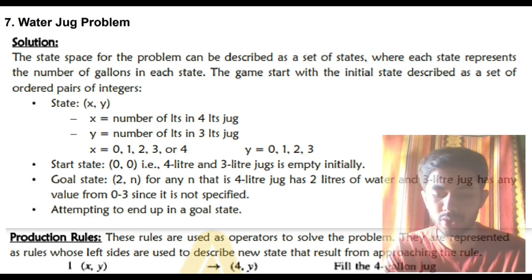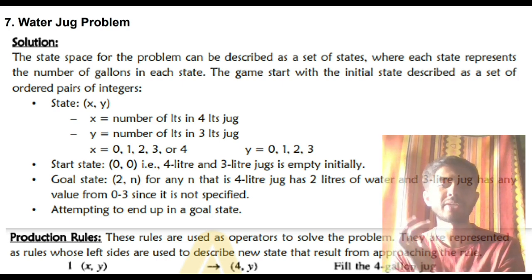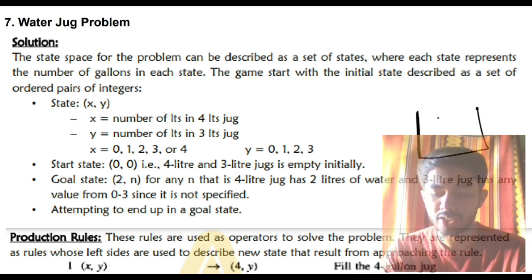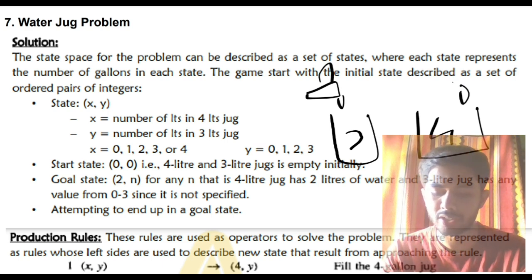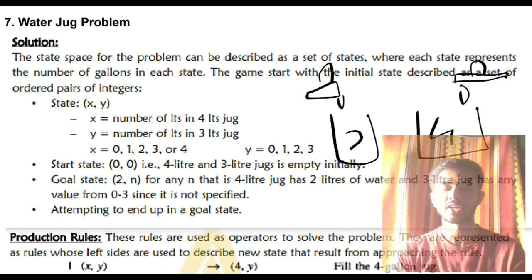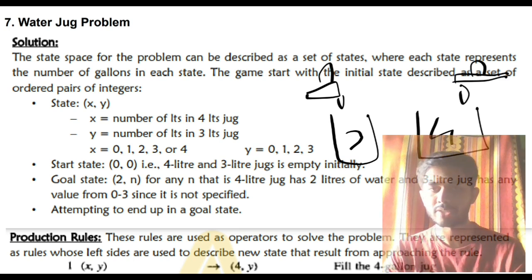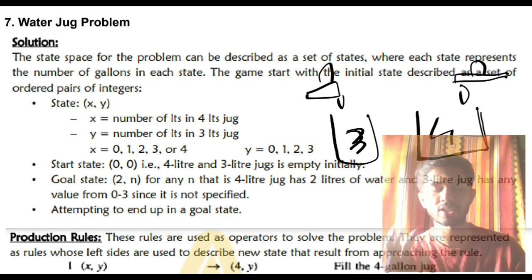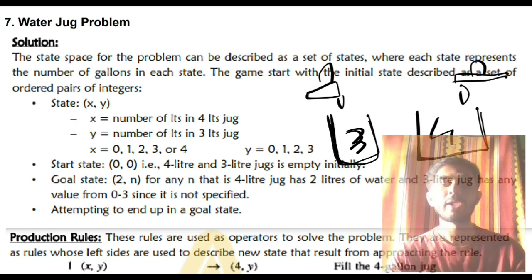See, you have two jugs here. I'll explain the problem first, then I'll tell you the key points you need to mention and how to write in the exam script. One is a 4-liter jug, one is a 3-liter jug, and you have two taps. Obviously, if two jugs are there, two taps will be there. Now there is no marking on any of these, like half or quarter. It's just a jug. If it fills full, you know it is 4-liter, and if this fills full, you know it is 3-liter.